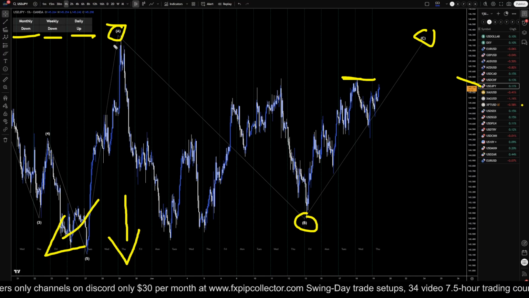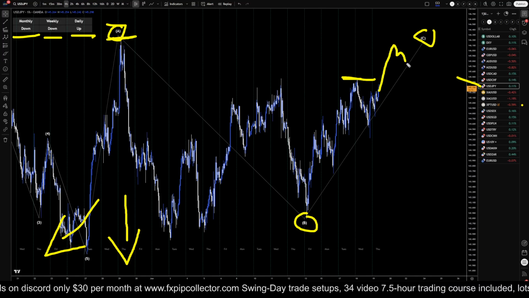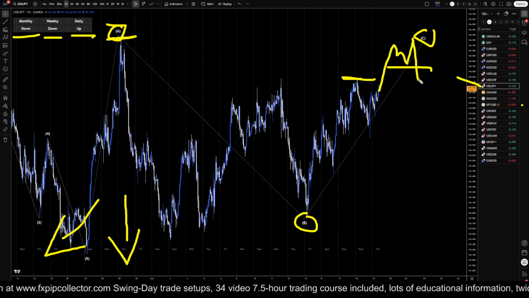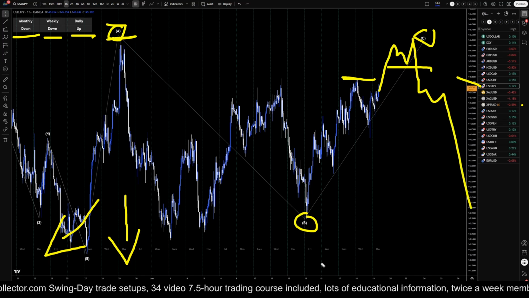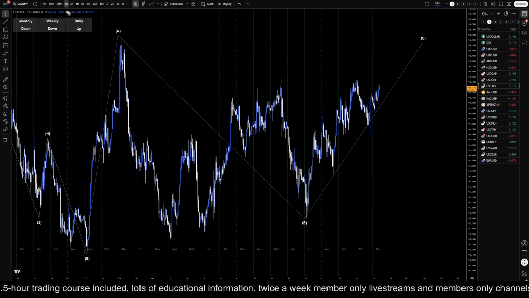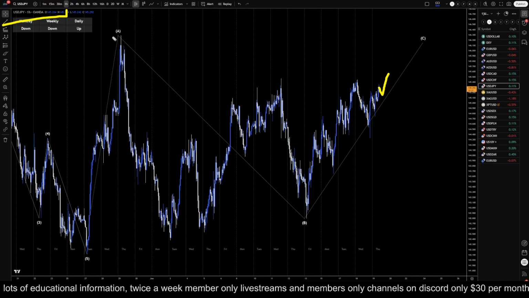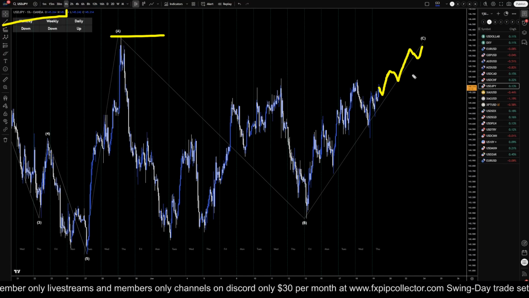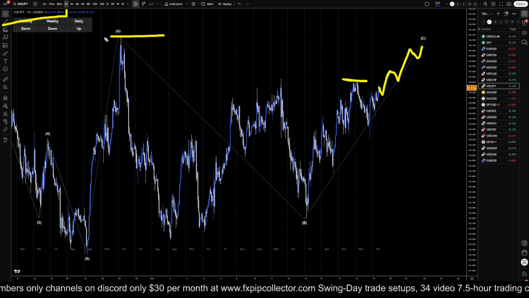The other option for me is it goes up and takes out this high and then does a double top up there and then breaks structure, that definitely would turn me into a seller also. So I'm keeping a very close eye out for a break to the downside to get me back on the sell side. If you are trading the 1 hour time frame and below, I would still be recommending longs. It could possibly go up and take out this high and maybe even a little bit higher. So we definitely want to stay on the long side if you are a short time frame trader, at least until we see a break to the downside, either after taking out this high or maybe after taking